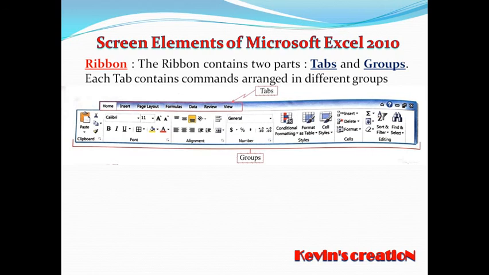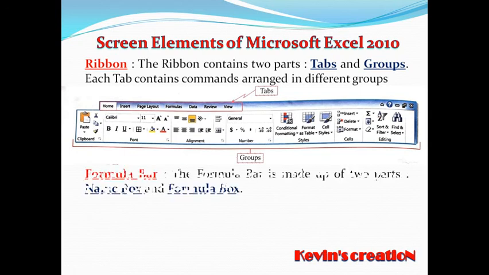Same way, you can use any of these tabs. Clicking on the tab will give you a different group. The upper one is the tab, and whatever contents are there of that tab come in the group. Hope you have understood this. And the whole thing is called the ribbon.